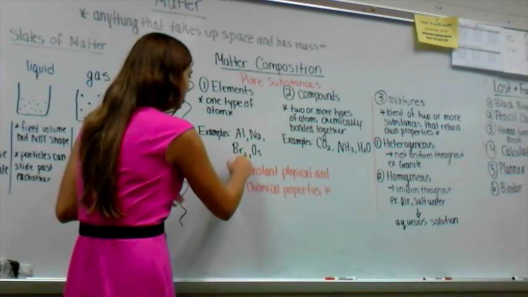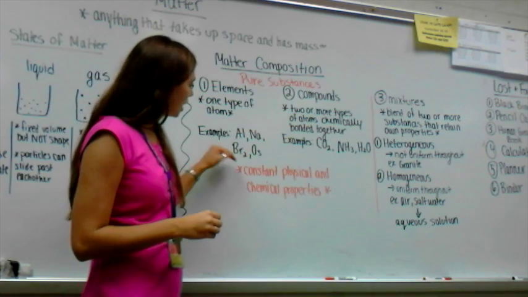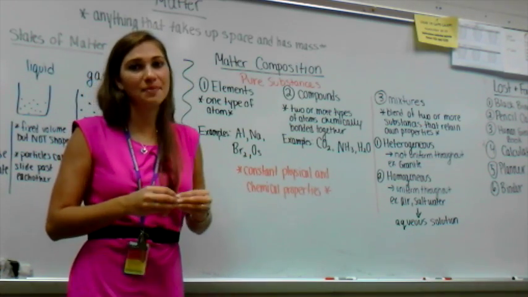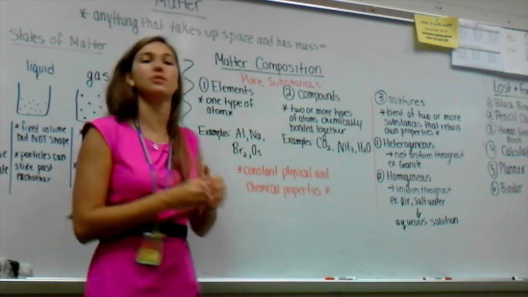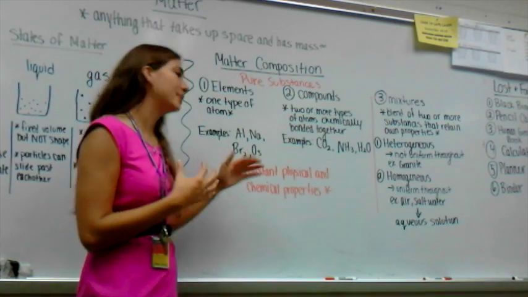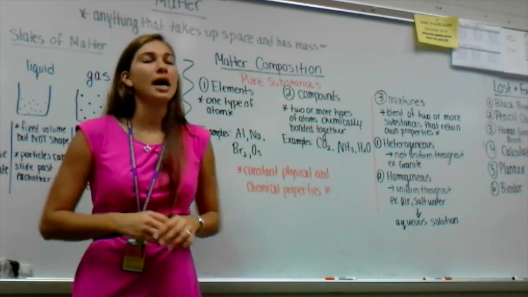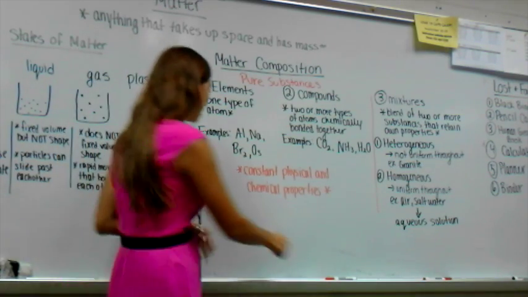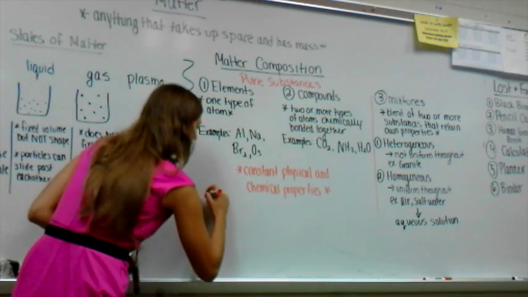So when we have Br2, yes, we have more than one element that is there, but they're the same type of element. So it's the same type of atom. So this altogether is going to be called an element. Br2 is going to be known as a diatomic element. There are 7 diatomics that we need to learn. I'll write those out for you. Bromine being the first one. So we have